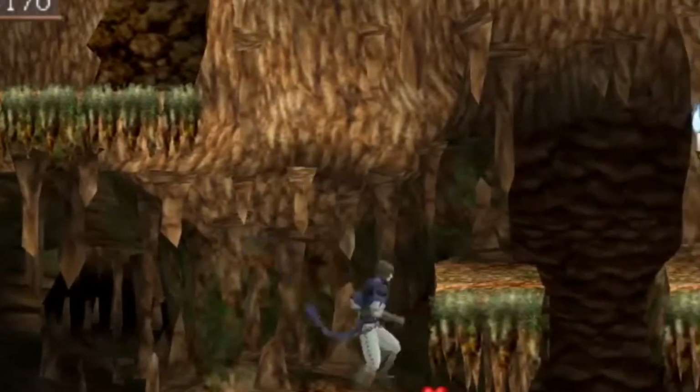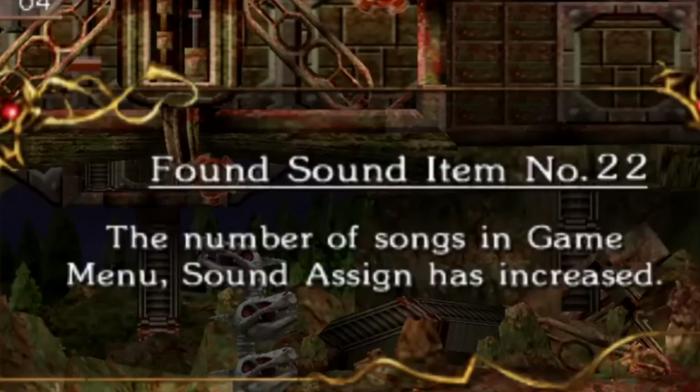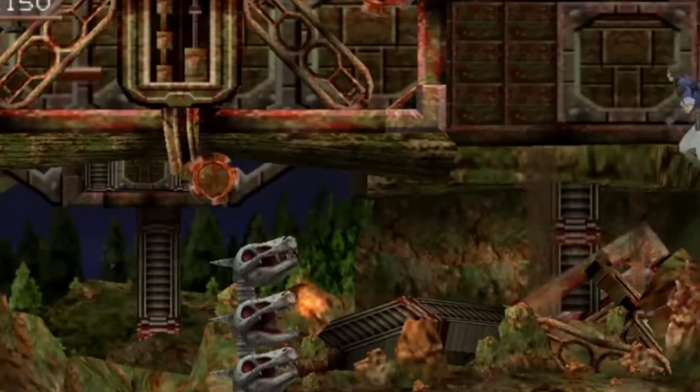This is the box that I saw. I clocked in at Babbage's and I was like, oh, what is this? And you guys got to understand, at the time, I believe this was like 2007. At that time, we didn't have Rondo of Blood as accessible as we do now, through collections and emulation. Back then, it was still just an exclusive Japanese PC Engine import that people were paying hundreds and hundreds